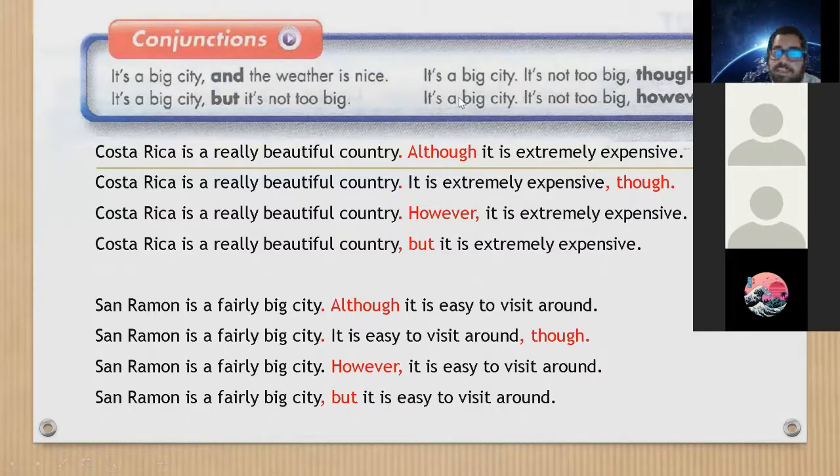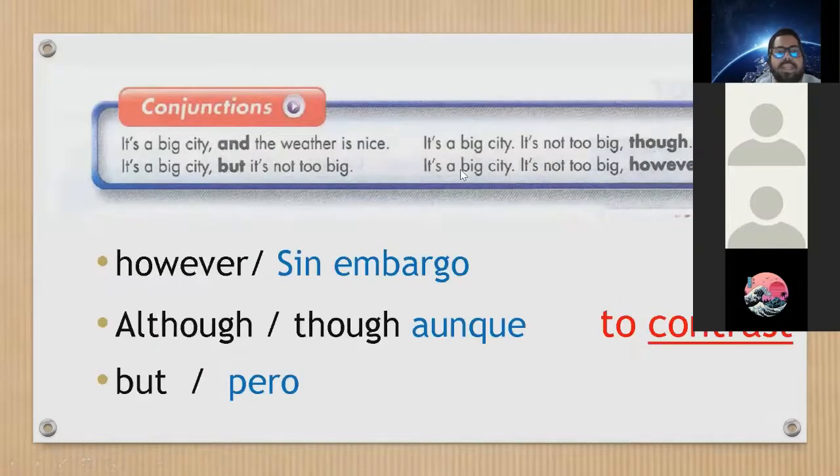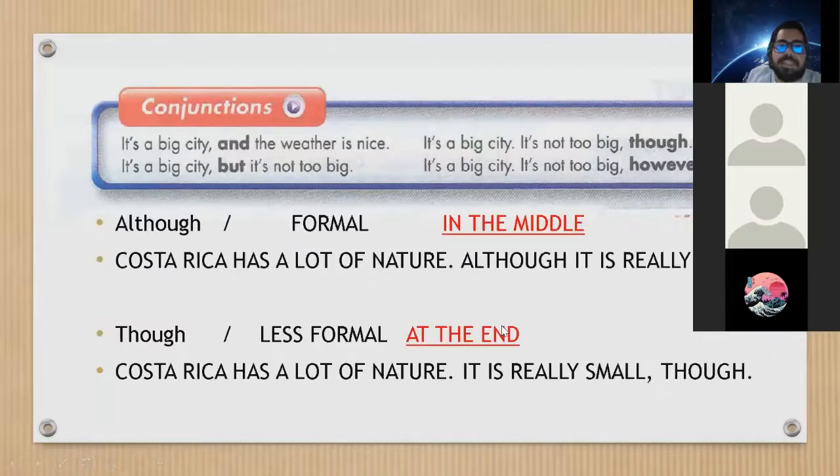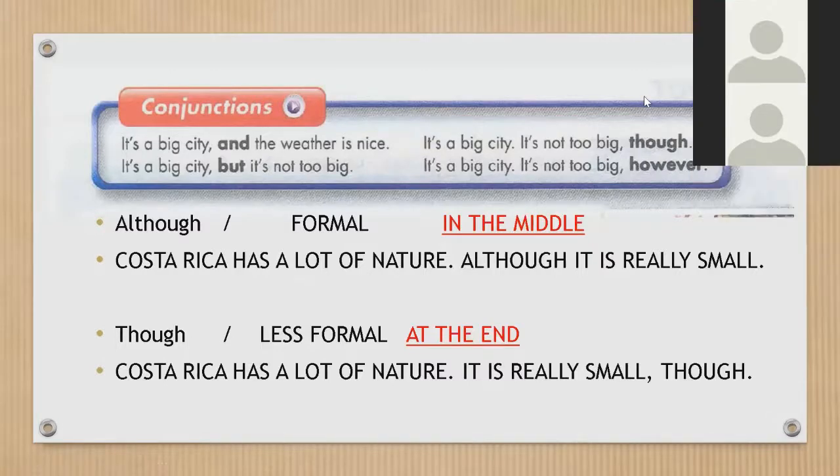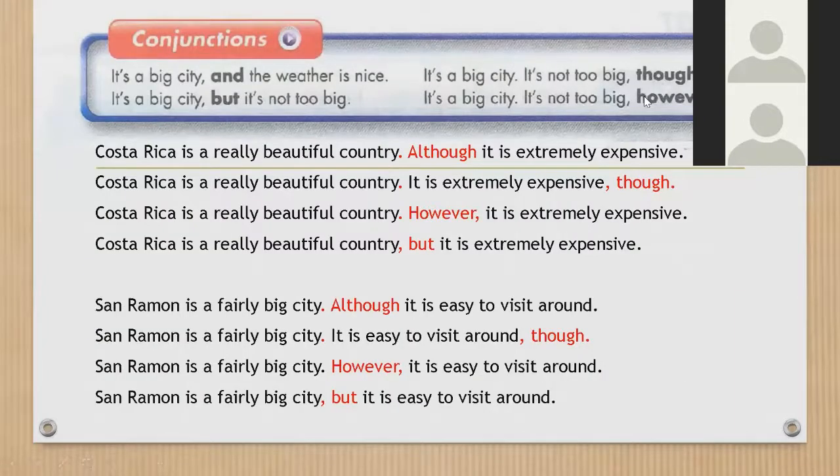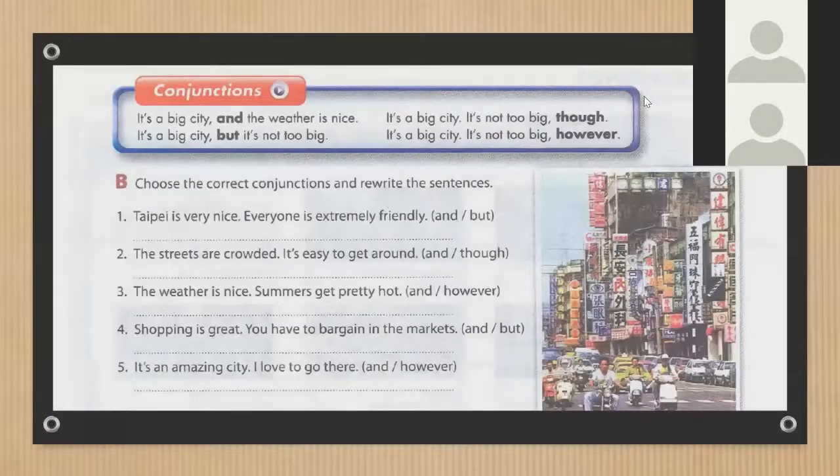Y les ofrecí también a los chicos, en vez del though, utilizar el although. Y si te fijas por acá, el although y el though, los dos significan aunque. La ventaja es que el although lo podemos hacer como en español. Por ejemplo, acá, Costa Rica has a lot of nature, although it is really small. Aunque es muy pequeño. Y entonces se asemeja más a la estructura en español. So that's what we're working on. Hicimos una práctica extra, vimos todos esos ejemplos, and then we're in this practice, lady.